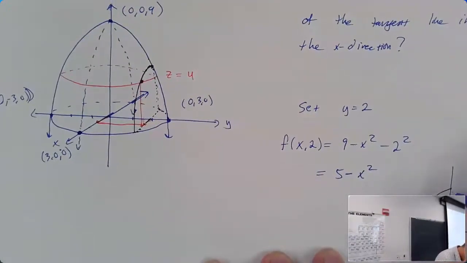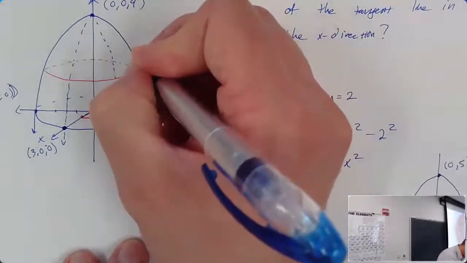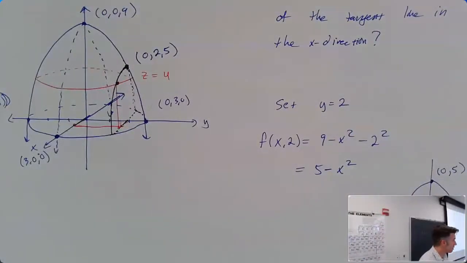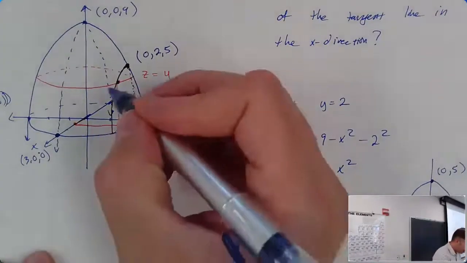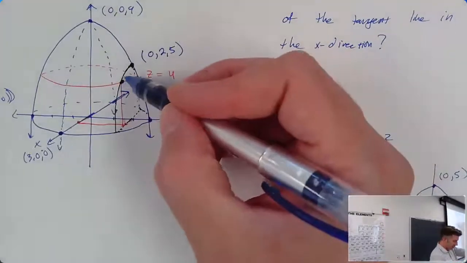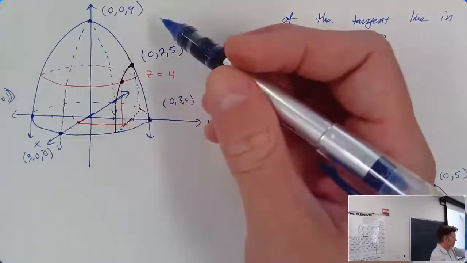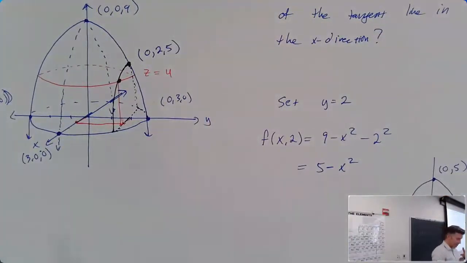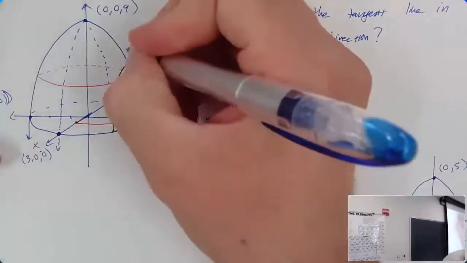Where that point there is x is 0 and z is 5. And this point here is the point x is 0 and y is 2 and z is 5. And I'm definitely on the towards you side of it, not the away from you side of it. So if I'm right here and I'm traveling towards you, am I traveling up the mountain or down the mountain? Traveling down the mountain. So I'm expecting the slope of my tangent line. This is where, okay, my drawing skills might fall apart here. Expecting the slope of my tangent line